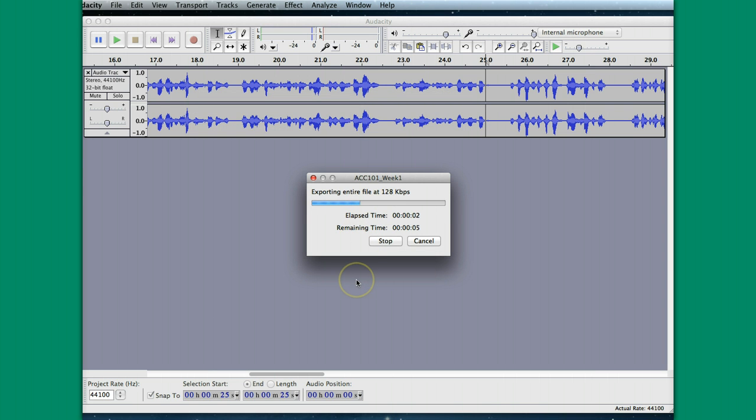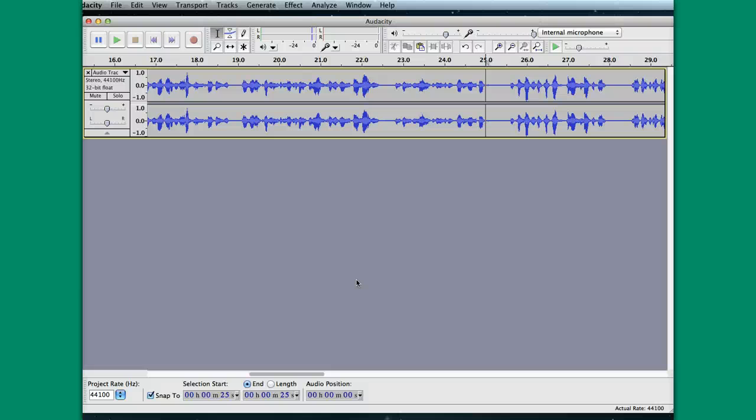It's exporting the entire file, and you can see 128 kilobits per second is the speed. I could also edit that down. The lowest I'd want to go is down to 96 kilobits per second. Beyond that, I think the audio quality suffers, but I don't usually like anything other than the 96 or the 128. So at this particular point, I actually have a file of this presentation, and I can upload it to